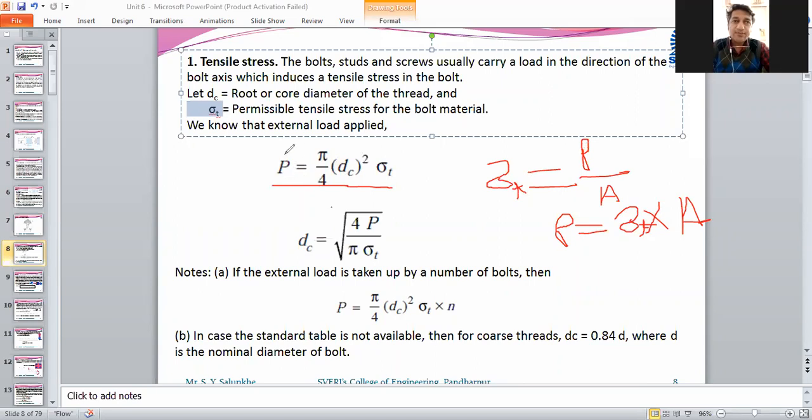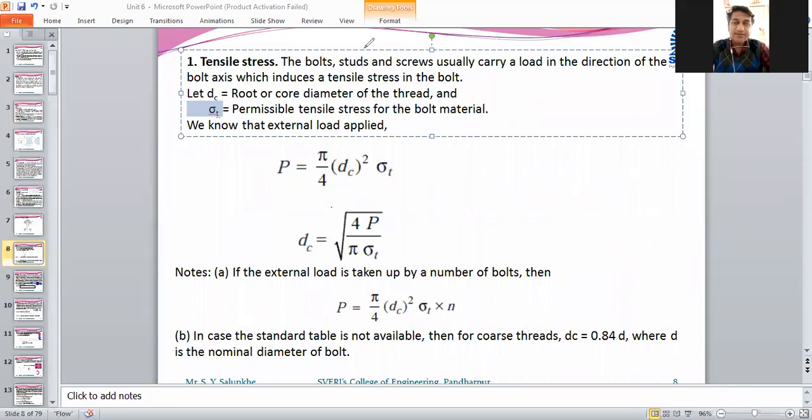But if you know the load which is applied on that particular fastener, then you can calculate the diameter. Why is DC taken? Can one of you give me the answer? My question is, why is D, the normal diameter of that bolt, not considered, but DC, that is the core diameter or inner diameter, is considered in this case for calculating the stresses? Anybody of you, will you please answer this?